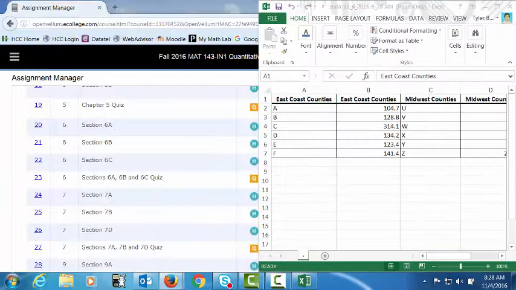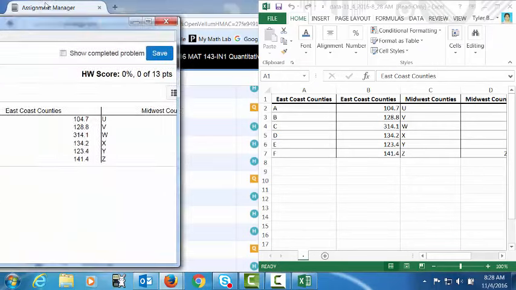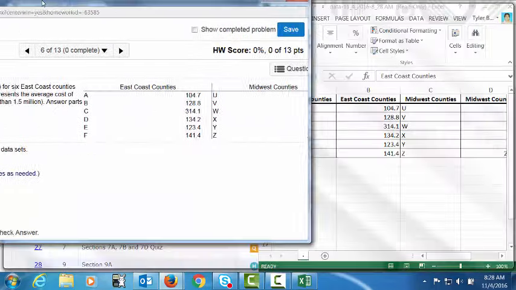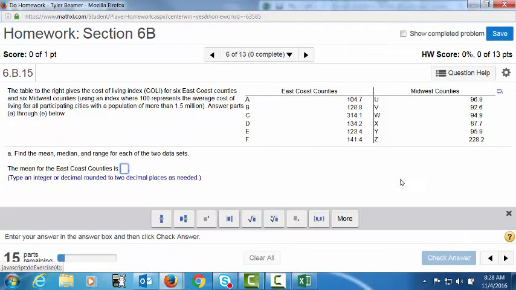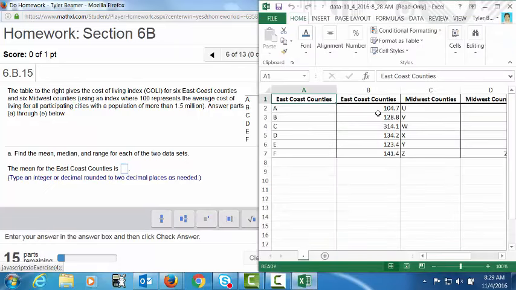Split my screen here so we can see both. Well, I'm not going to split my screen actually. So the first question is find the mean for the East Coast counties. So if you want to find the mean,